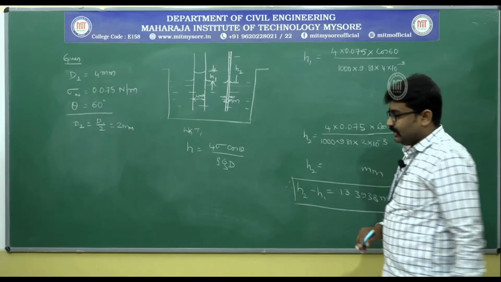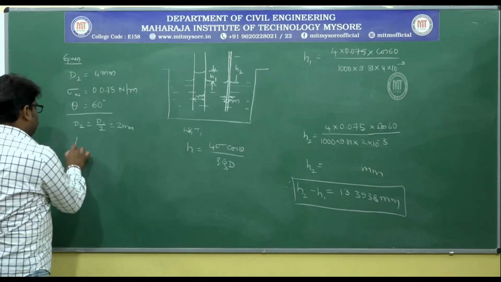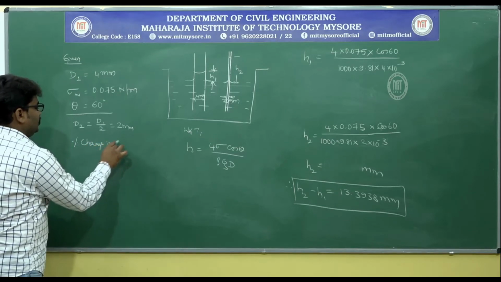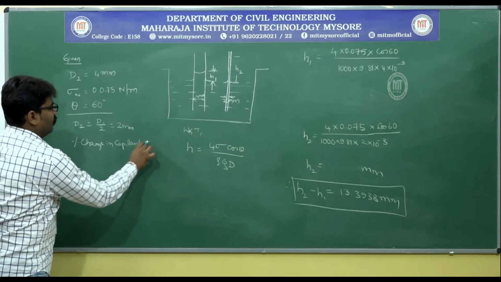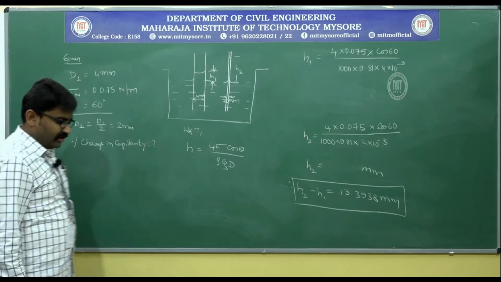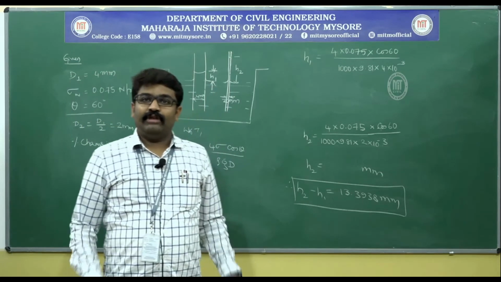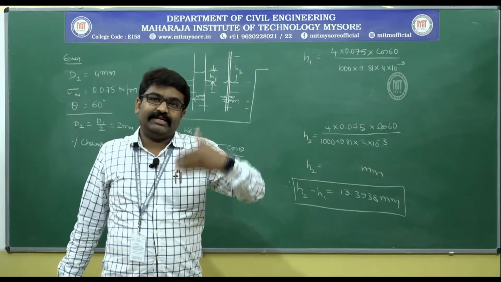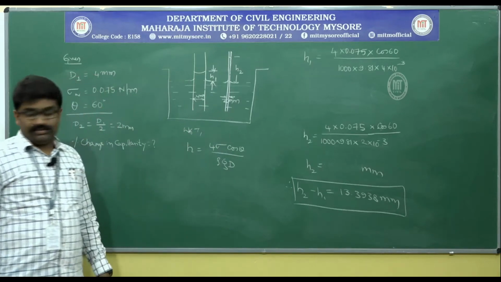And in his question he has continued and asked what is the percentage change in capillarity. How do I find it out? I will have to first find out what is the change. Change by original will always help you in finding out how much percentage it has changed. I will show you how. Now first find out what is the H1.